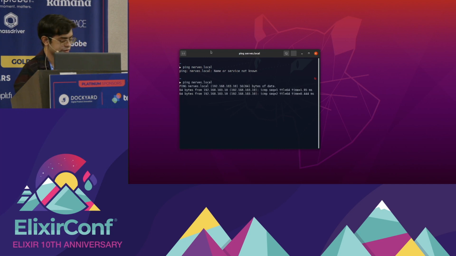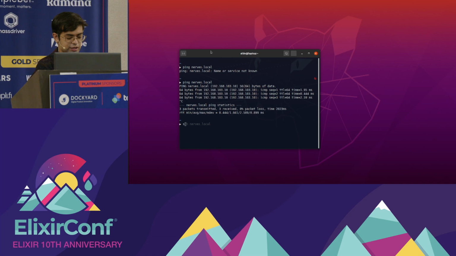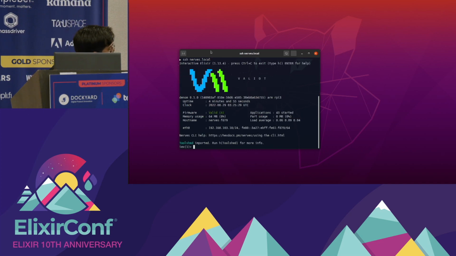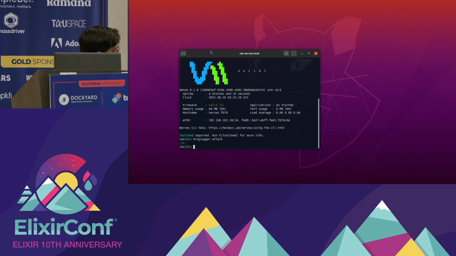And here we go. So we can SSH into the device. And here is our terminal. We have to attach the logger to see real-time data. And here we go.